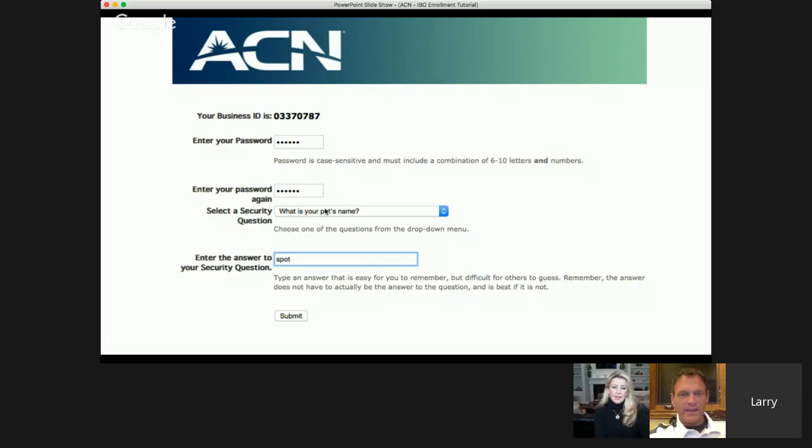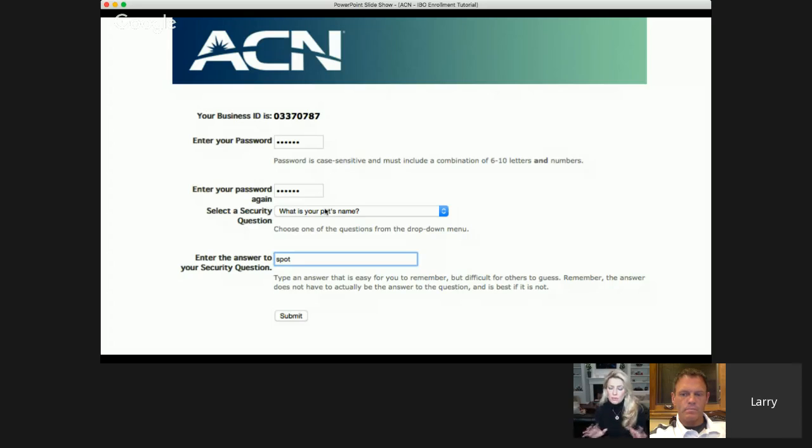Pretty simple. I think something was real important here that we've been doing, because we've been signing up a lot of people over the course of the last 24 hours, and it's important if you're signing someone up with them, this is a time where they may want to think about their password. It's really good to maybe use the first and last initial in cap form and then just 1, 2, 3. So like for me it would be SW123, and that way you as the sponsor, you can always go in,